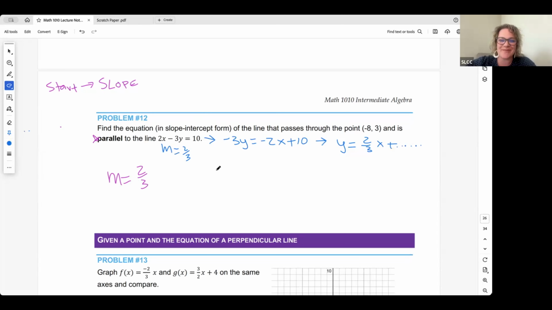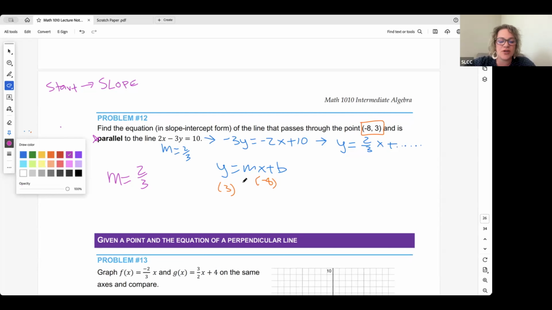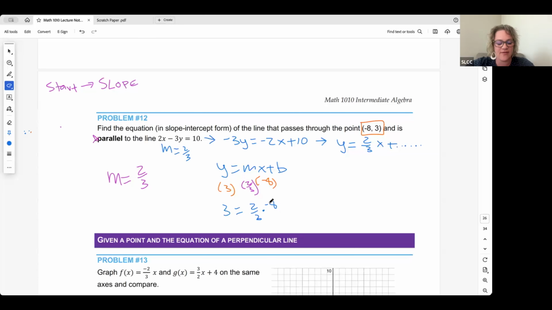I want slope-intercept form, so y equals mx plus b. I can plug in the 2/3, and they also give me a point. So I use that point to plug in for x and y. So x will be -8, y will be 3. My slope will be 2/3. And then I can use that to solve for b. Let's do it. 3 equals 2/3 times a -8